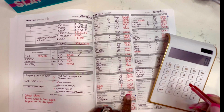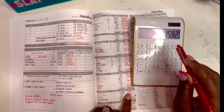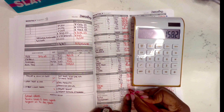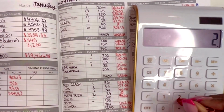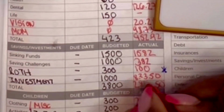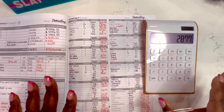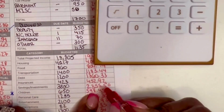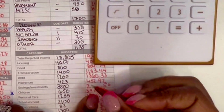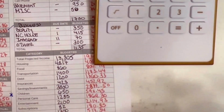So I saved $542, okay? So I'm going to go ahead and add that. Right now I have $1,040 plus $542. So in actuality, I did save $1,582. Okay, that makes this bottom number $2,877. And the reason why this is important is because it reassures my rollover. Okay, so for savings and investing, I actually saved $2,877, which means now